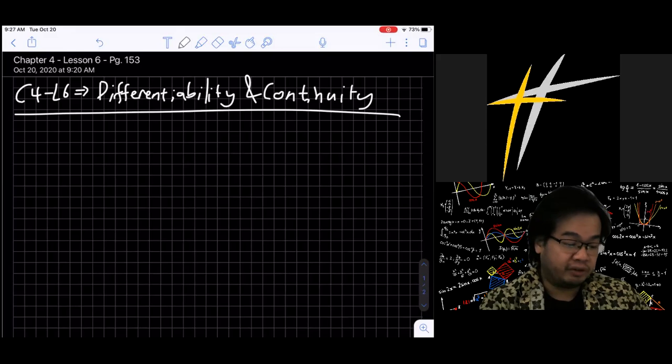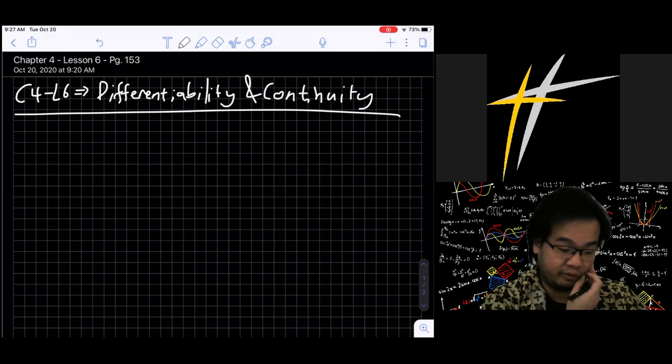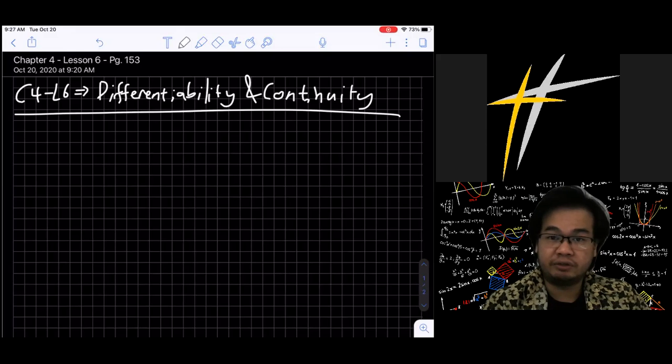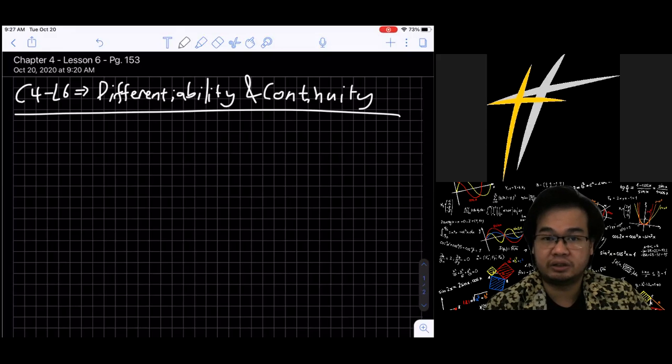So before I get into the lesson itself, I want to review about continuity. I hope you still remember the continuity of a function, how to determine a function continuous or not. Remember? So let me give a summary for a bit. A function will be determined as a continuous function if and only if it satisfies three conditions, right?